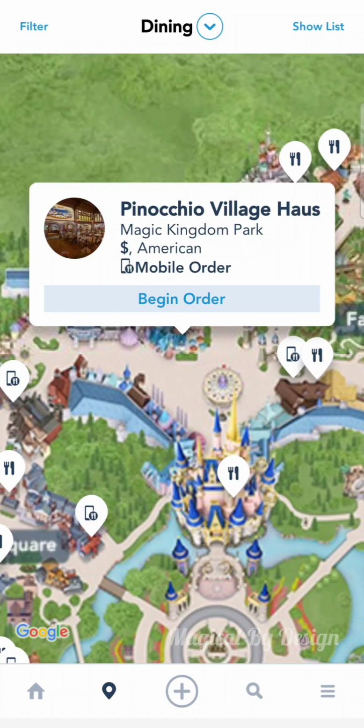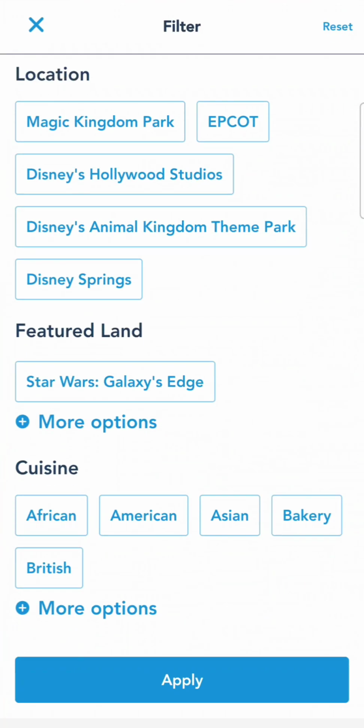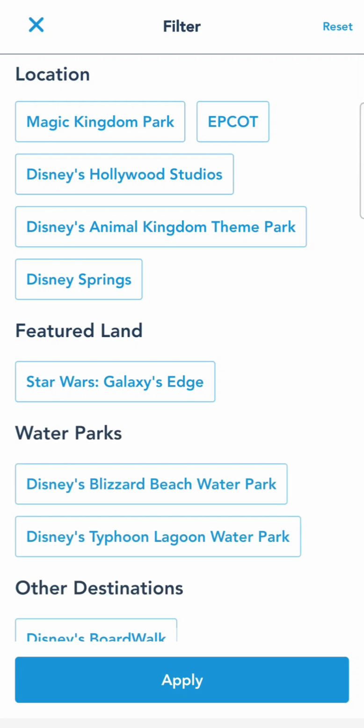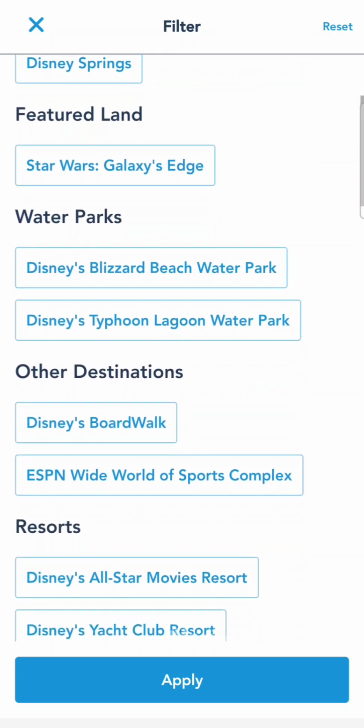We are in Magic Kingdom, but let's say we would like to look at the options at Animal Kingdom. What we're going to do is click here on the filter. And as you can see, so many different options pop up. You can click on Magic Kingdom, Epcot, Animal Kingdom, Disney Springs. You can also click on a featured land. We'll click on more options. You'll see water parks,